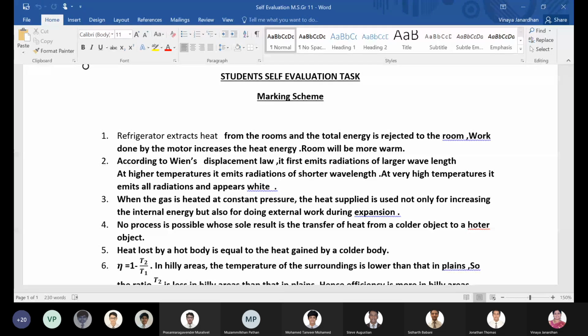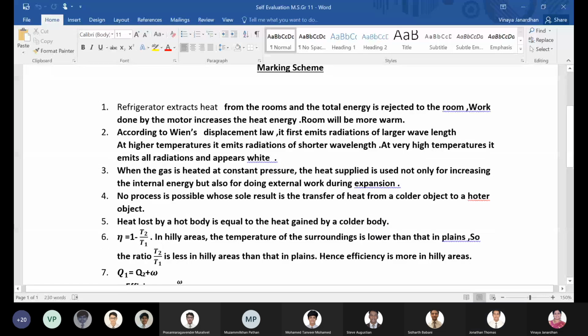Okay. Now, what was the first question? Can someone read the first one? Can you see the marking scheme? Yes, ma'am. Okay, boys, it's 20 marks, right? 10 will be converted to 20 marks. All of you equally, you have to complete your work.